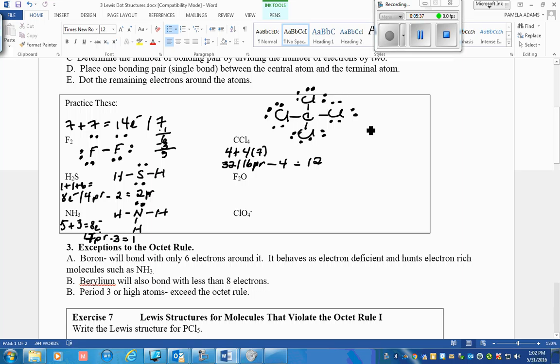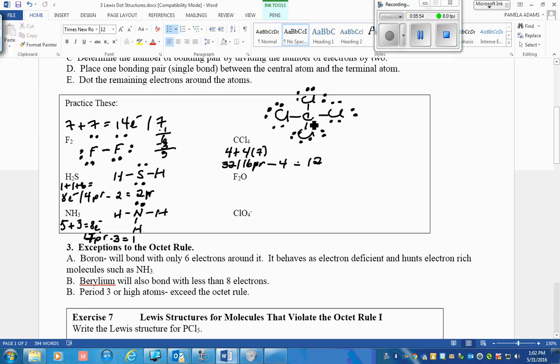I can see that all the chlorines have their octet satisfied with 1 shared pair and 3 lone pairs, and the carbon, as the central atom, shares 2, 4, 6, 8